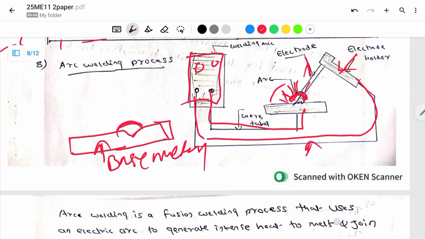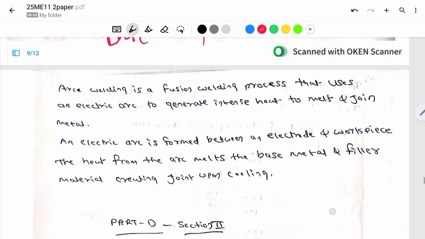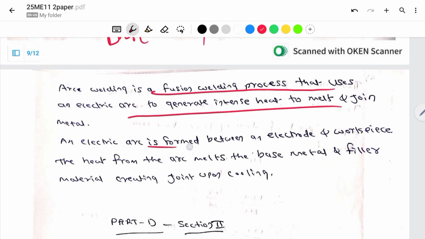Certain precautions you need to take before starting the arc welding. You need to clean the surfaces properly. You have to arrange the surfaces of the metal pieces, and remove all the oils and the grease whatever is there on the surface. And you should use the eye protecting shield. Okay, the same things have been written here. Also you can write here the defects and all. Whatever the process is, whatever I explained, the same process you can write. You have to draw the clean diagram, then only you can explain it easily.